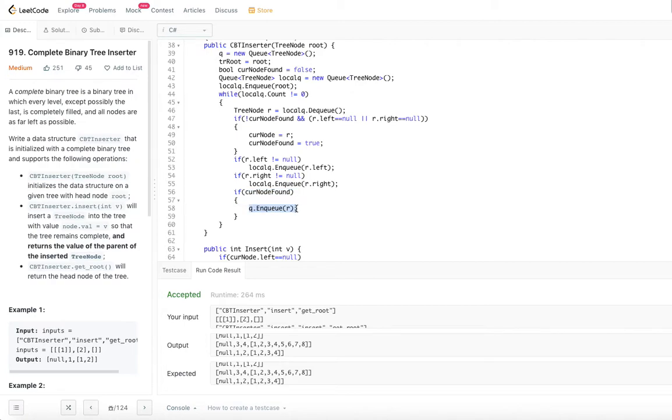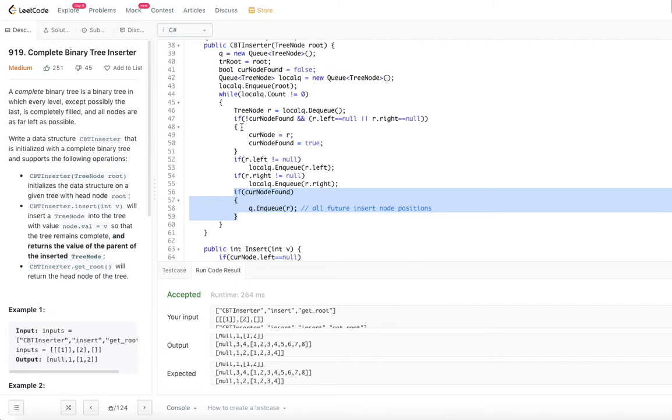This queue will keep track of all the future insert node positions. This will be done only if the current node is found. Otherwise, we don't have to do this. So this is a slight modification for the breadth first search.